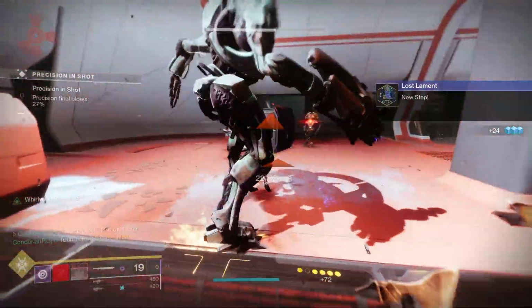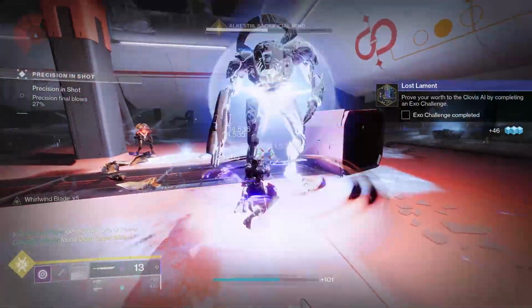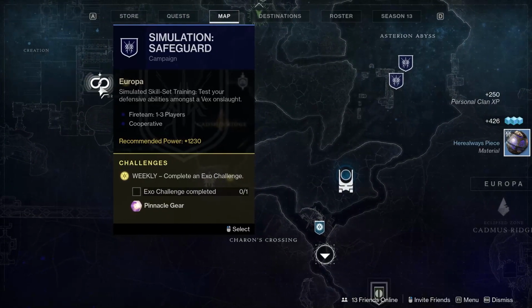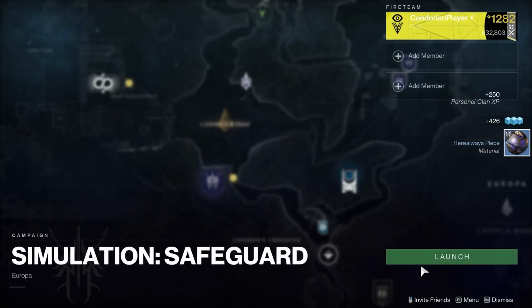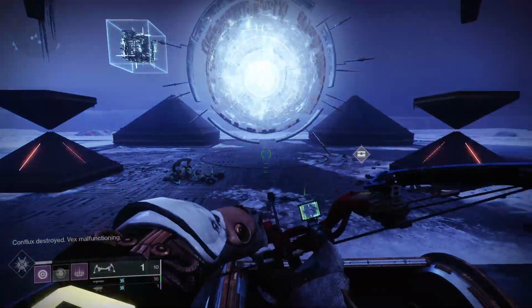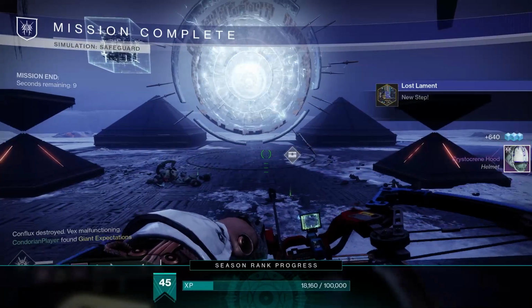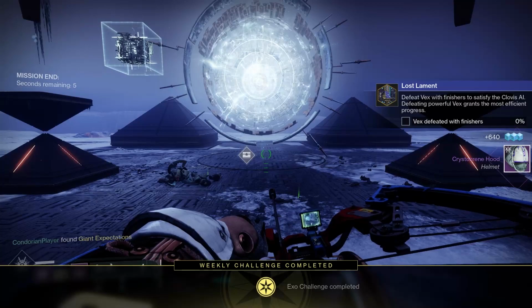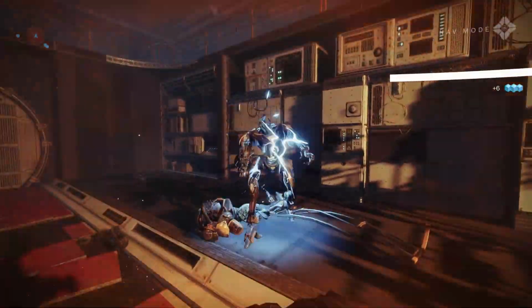So the next step is it's going to tell you to do an Exo challenge. And in this video I will not tell you how to complete it, because I will be having videos showcasing how to complete each of them, because it depends on what Exo challenge you get. So the next step will be you have to defeat Vex with finishers, and every red